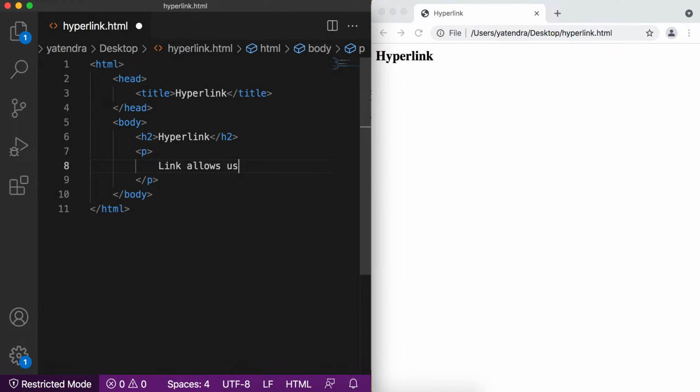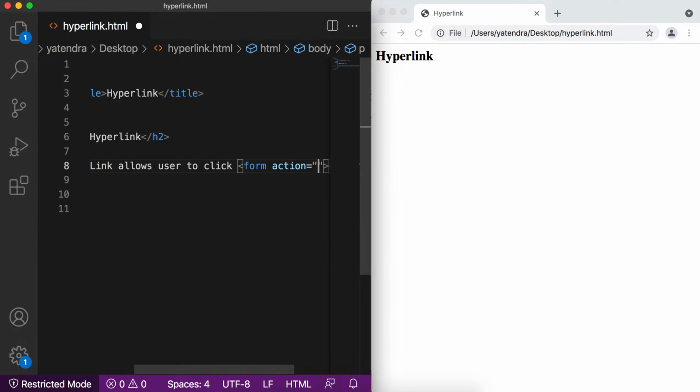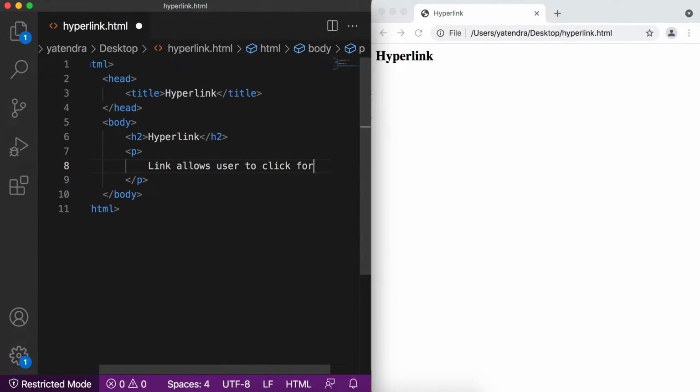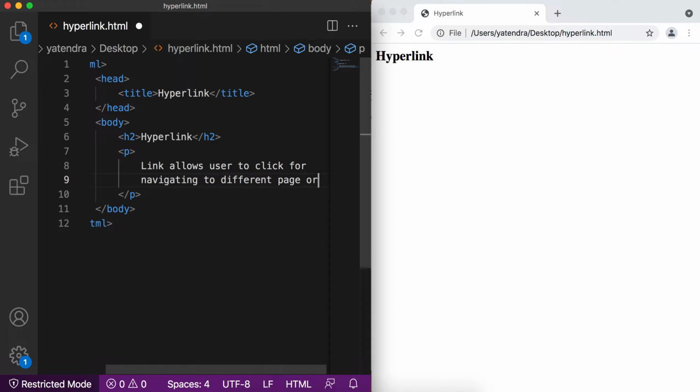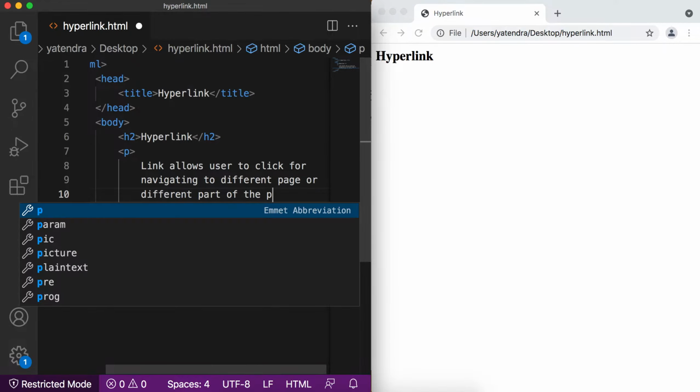allows the user to click for navigating to a different page or a different part of the page.